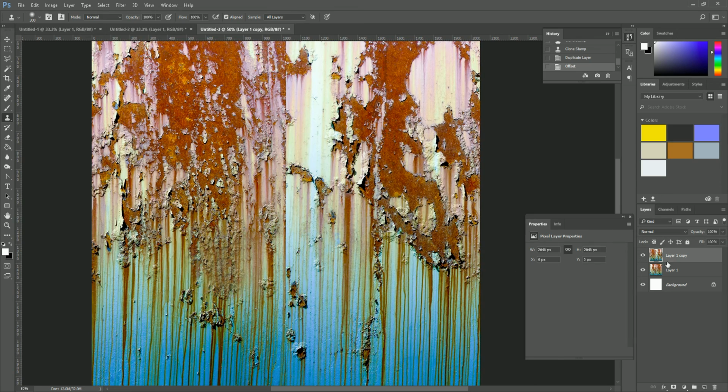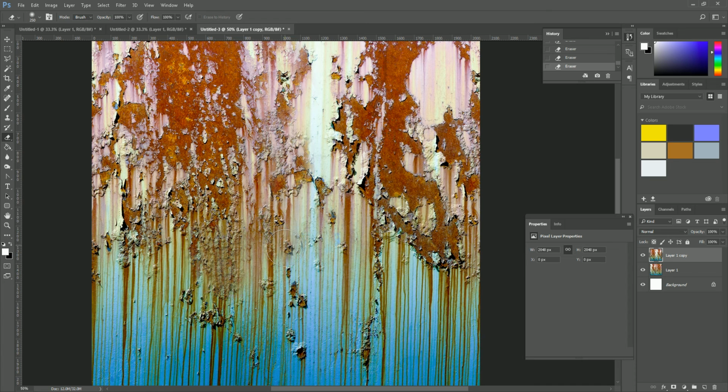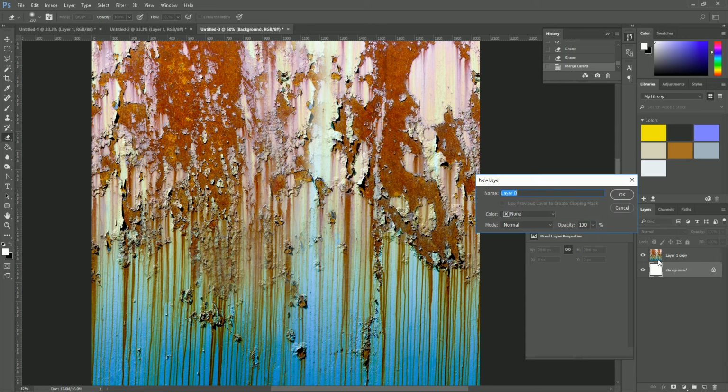How are we doing there? But we have this definite seam in the middle down here, and again I'm going to quickly go in with an eraser, soft edge. I'm going to go down the middle and get rid of some of that. Okay. And I can grab these two by shift clicking both of them, and do a Control E to merge those down. I can actually get rid of this